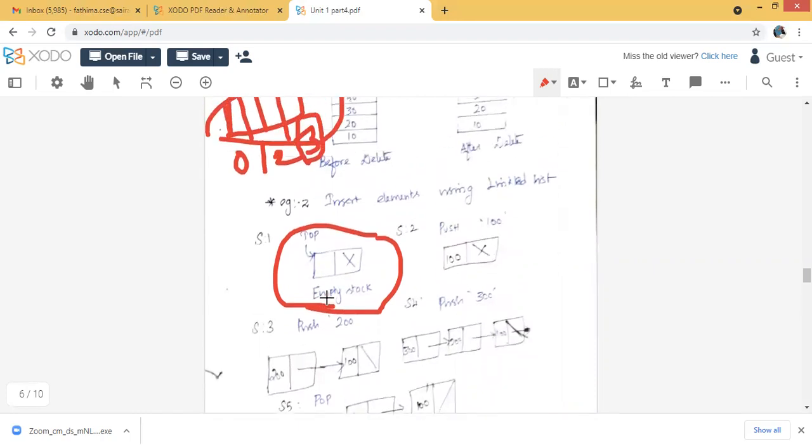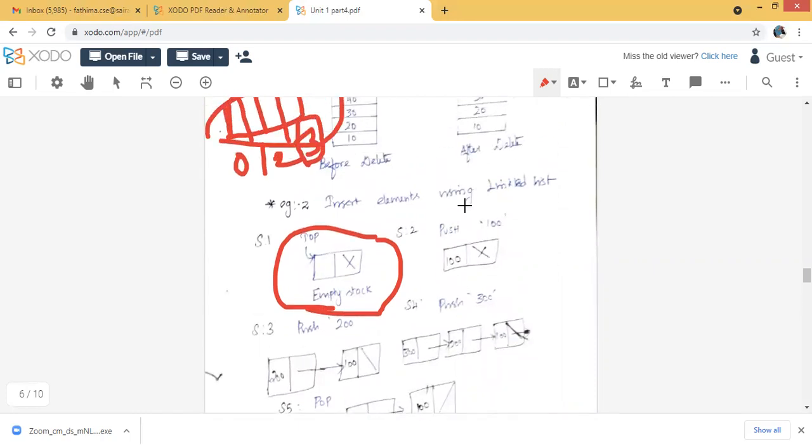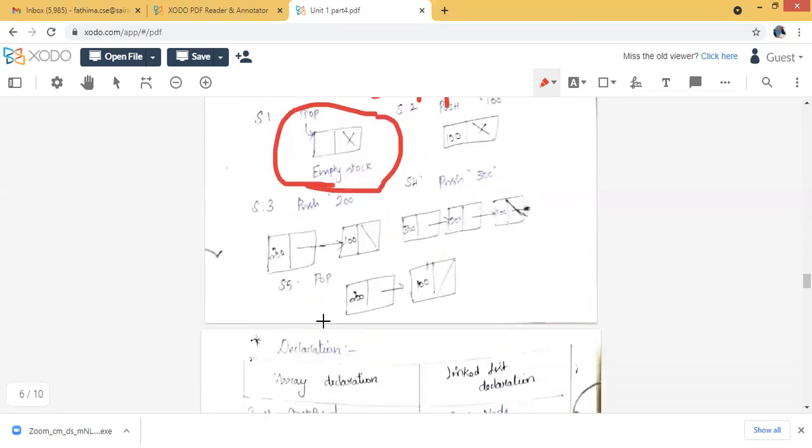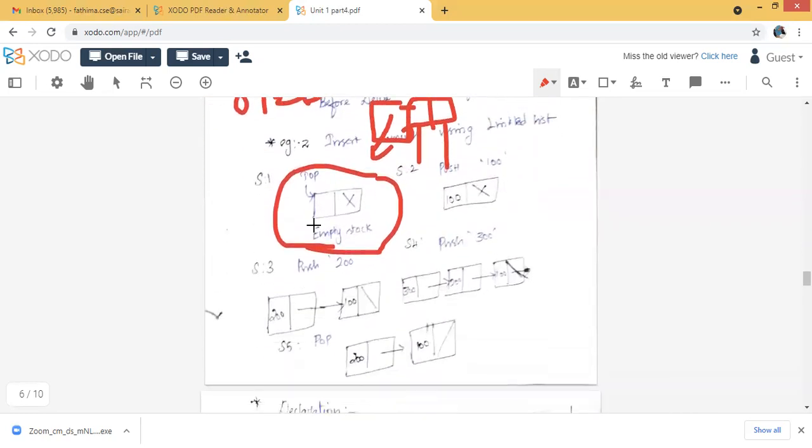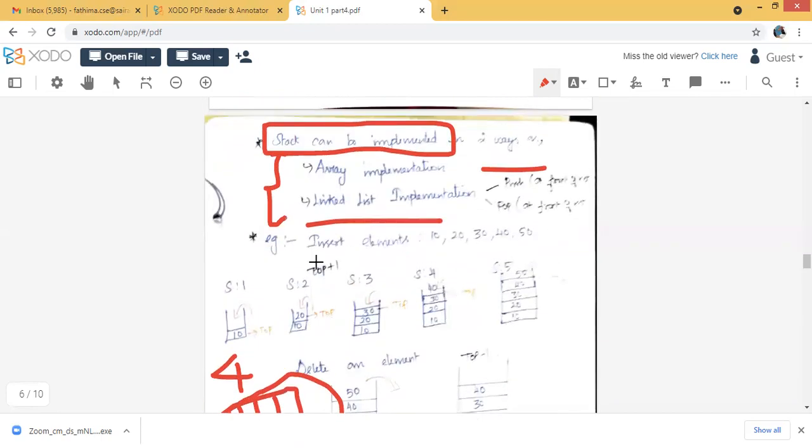We already know about that. Linked list has two types: one is singly linked list, another one is doubly linked list. Singly means we have only two fields. One is the data field, another one is the next field, which holds the address of the next connected element. In a doubly linked list, we have three fields, where the previous node is also connected. But here we are using the singly linked list concept alone, so we just take a linked list with only two blocks inside the nodes. Okay, let's move on to the example part.